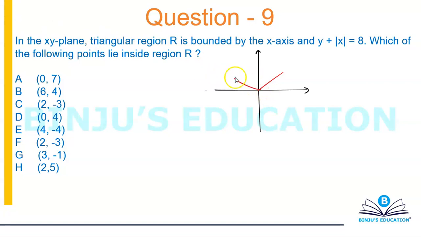The graph of mod of x is something like this. So irrespective of the value of x, y is always positive, because in the first and second quadrant y is always positive. So this here becomes y is equal to x, and this here becomes y is equal to negative x. So if x is negative, then negative of negative will become positive. So the whole point is, whether x is positive or negative, y will always be positive.